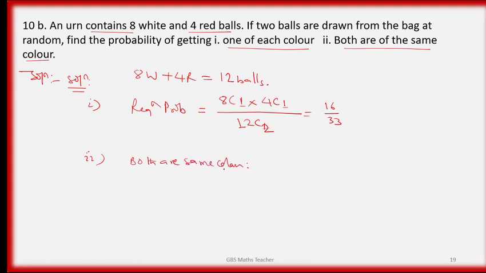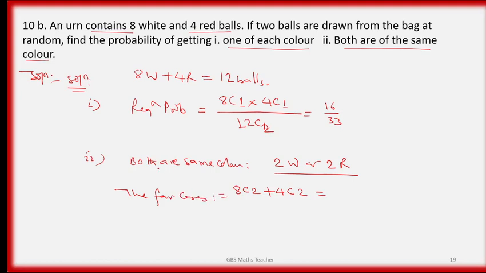Same color भनेको के हो? यसका दुईटा अप्सन 2W or 2R, यसको दुईटा सिलेक्सन दुई तरिकाको भयो हेर्नुस् है। or भनेपछि जोड्नु पर्यो 8C2 plus 4C2, that is the favorable case।